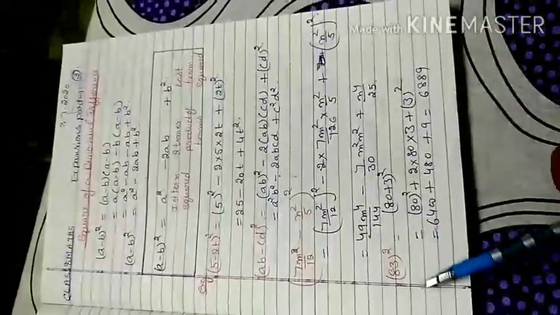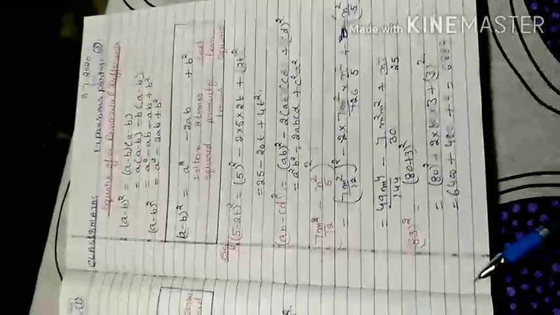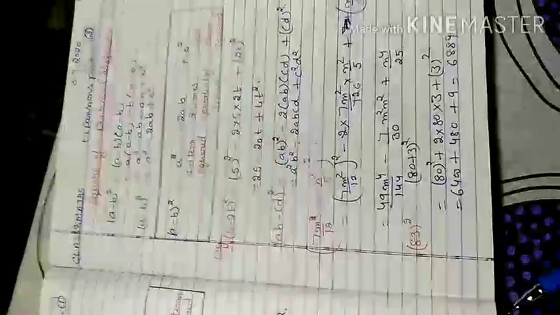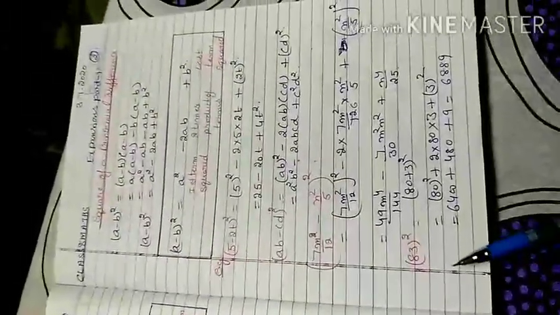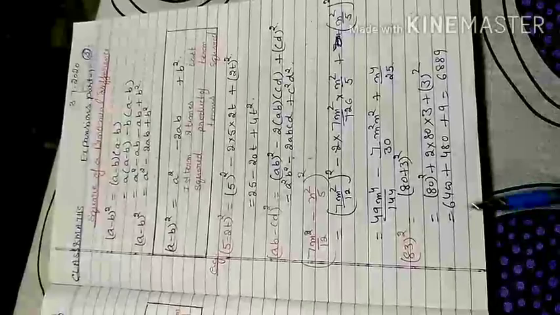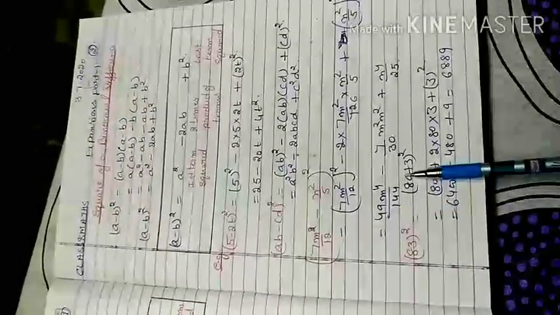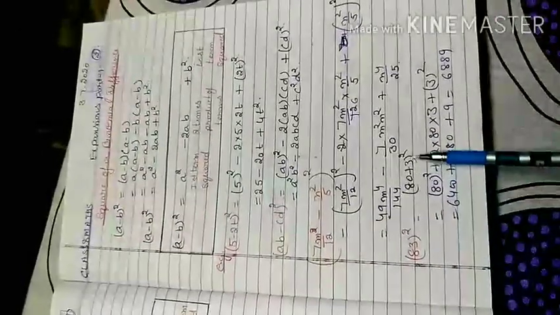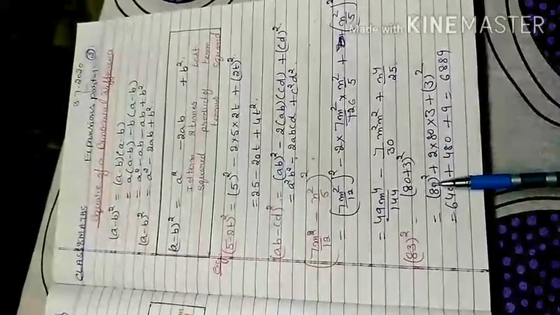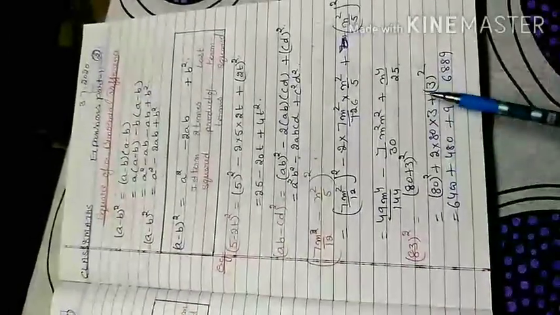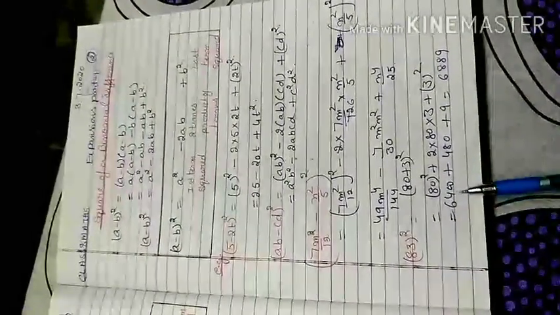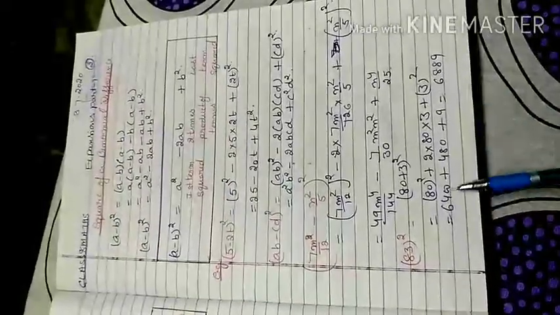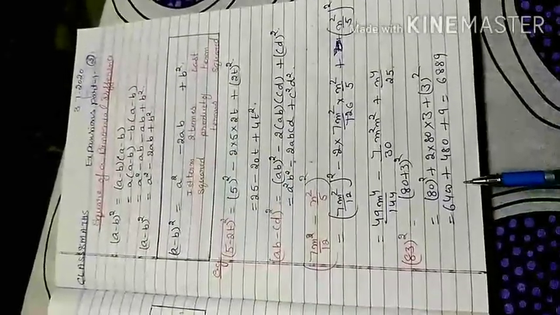Now (83) whole square. For this type of question, if you multiply 83 into 83, that is a little bit hectic and too time consuming. Instead of multiplying 83 two times, if I apply the identity here, I separate this 83 into binomial terms like 80 plus 3 whole square. So I can directly apply the (a plus b) whole square formula, like first term square plus 2 times product of the two terms plus last term square. 80 square is 6400, 2 into 3 is 6, 6 times 80 is 480, and 3 square is 9. When you add all the terms, that gives you 6889.